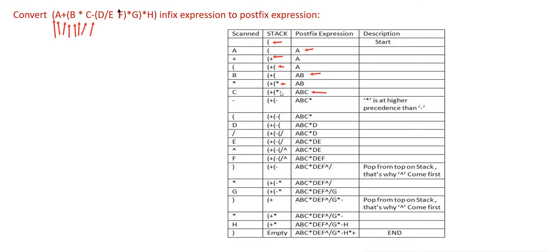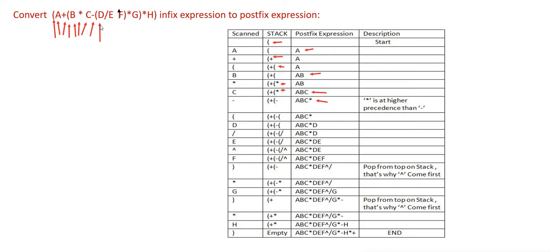Minus and multiplication can stay together if and only if minus is before multiplication. That is, two different precedence can stay together only if the initial one is having lower precedence, which obviously is not right over here, so multiplication has to jump out, move to the expression section, followed